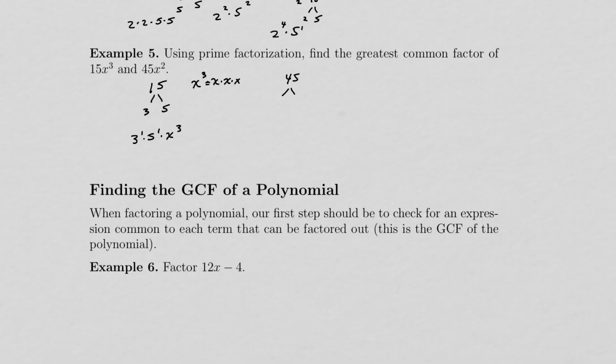Do the same thing with 45. I'll find the prime factorization. So 2 doesn't work, 3 goes in 15 times, and then 3 goes in 5 times. And then x squared is just x times x. So this is going to be 3 squared times 5 times x squared, where I'll just leave it in exponent form. Okay, so I want the greatest common factor, so therefore